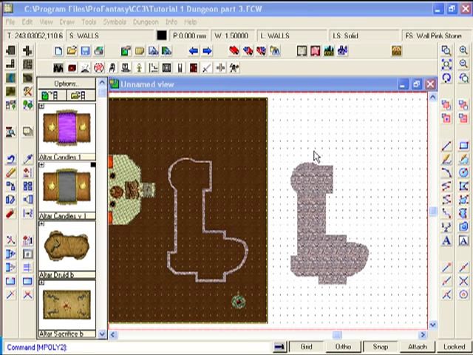Now we still have a little bit of work to do. First of all, these floors are the wrong texture. They're the same texture, the same fill that we've used for the walls, a pink stone. While that does make a good floor fill, it's not what we want in this case. The other problem that we've got is that all of this floor is actually on the walls layer and on